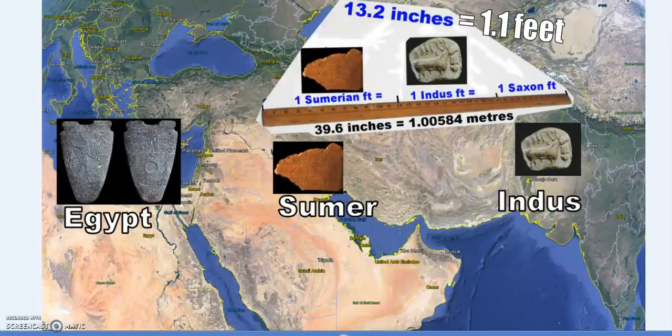So now we need to look at comparisons between Egypt, Sumer, and Indus, these 3 civilizations that just sort of popped up around 3000 BC. But with the Indus and Egypt, we have very solid measures. Also with Sumer, but it gets very confusing. So I'm going to be using the Indus, or Mohenjo-Daro and Harappa, and the Egyptian royal cubit. They call it the Mohenjo-Daro foot or the Indus foot, and it is 13.2 inches, or 1.1 feet. So therefore,